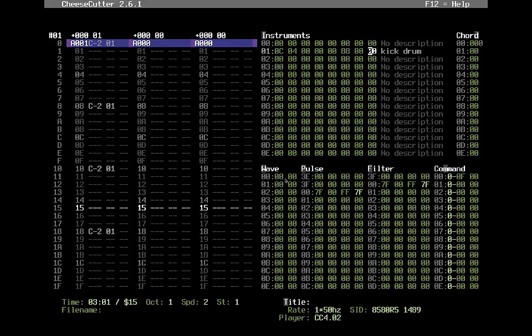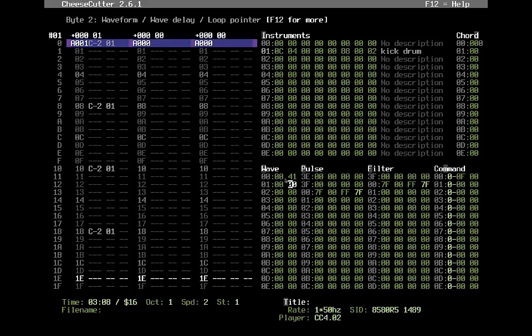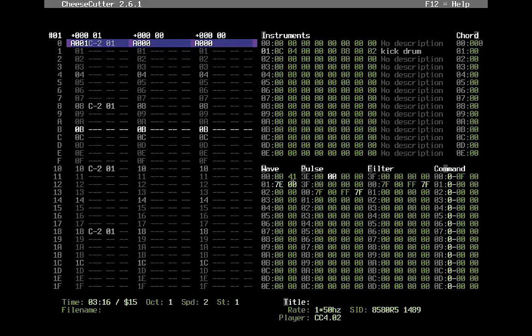And bear with me, but I'll say row 2, even though I haven't got anything in row 0 yet. That's because all my tunes always have 41, and then 7E and 00. This means no transpose, and use pulse form as a waveform. And 7E means end program. 7 for control value and E for end. That's how I remember it. If I had set 7F,